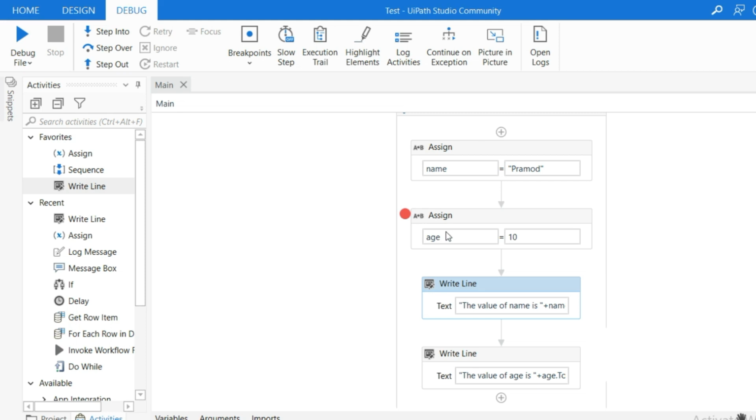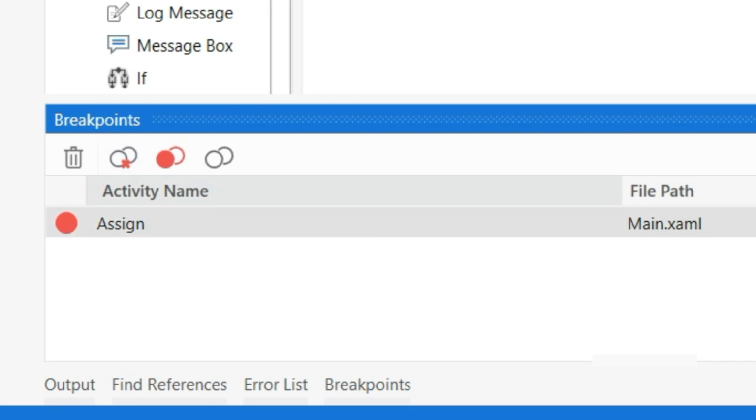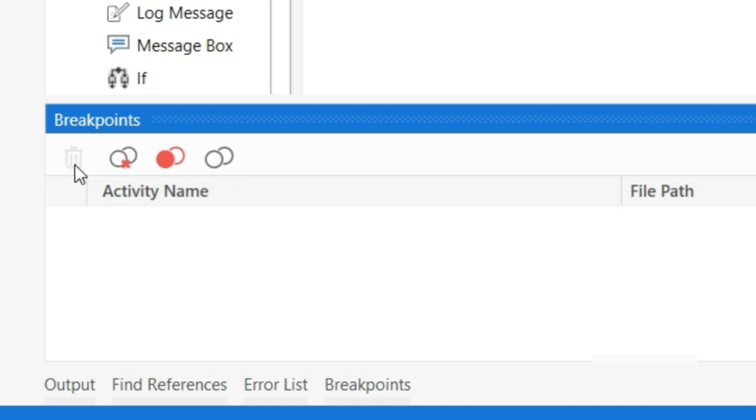Okay, so this is about breakpoints. As I showed you initially, we have a Breakpoints section at the bottom also. You can click on this. Now you can see we have one breakpoint. Once the script is growing, or maybe you have a lot of breakpoints and you want to disable or delete everything together, this section helps. You can click on this, or you can select multiple from here, and then delete or disable them, whatever you need. Suppose I want to delete it, I click here and click this delete button. Now it is removed.